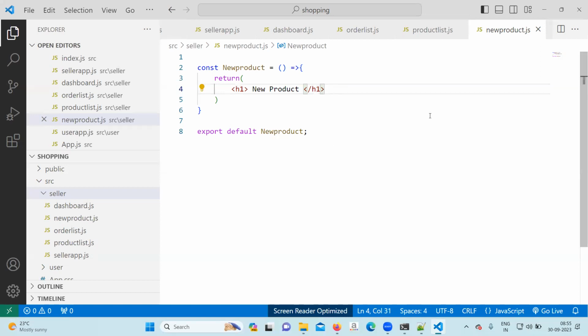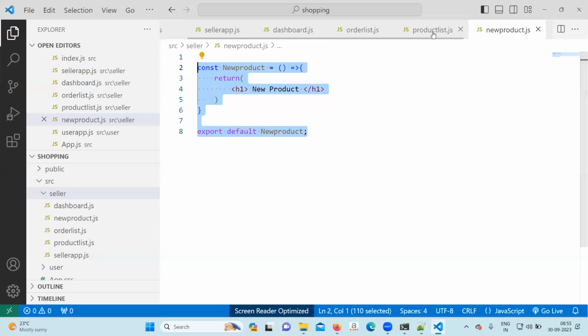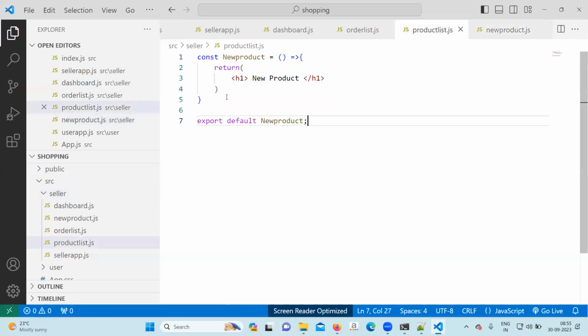Okay, chaliye. So, next file, product list. Go to the product file. So, this is called my product. Okay, we'll give the name called my product.